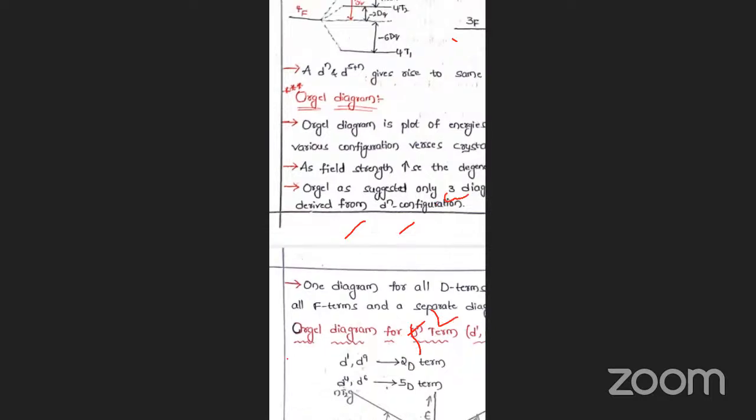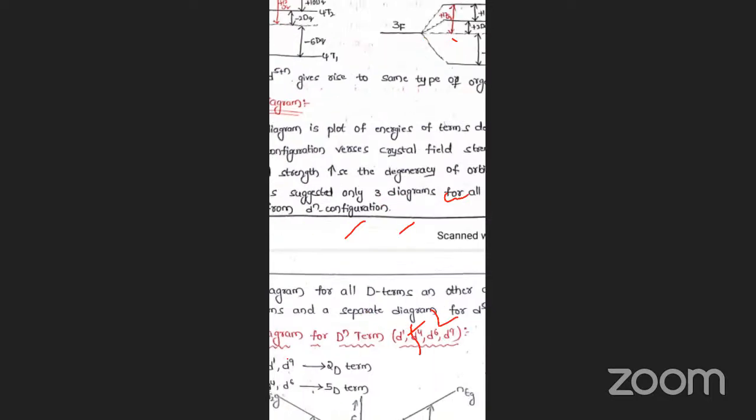So the Orgel diagram plots the energies of terms derived from various configurations versus crystal field splitting. Orgel draws the diagram from the various configurations versus crystal field splitting, that is the Dq. Okay, so as field strength is increased, the degeneracy of orbital